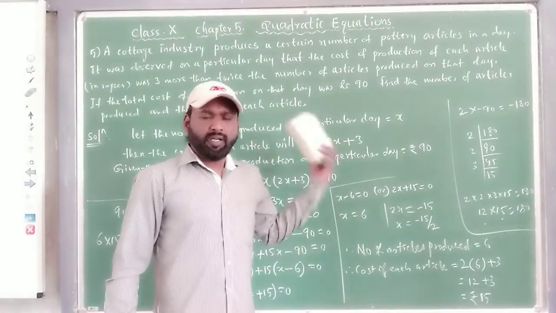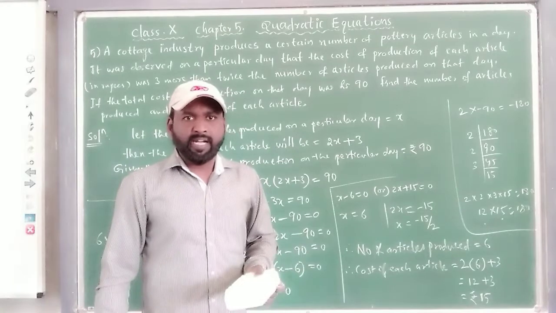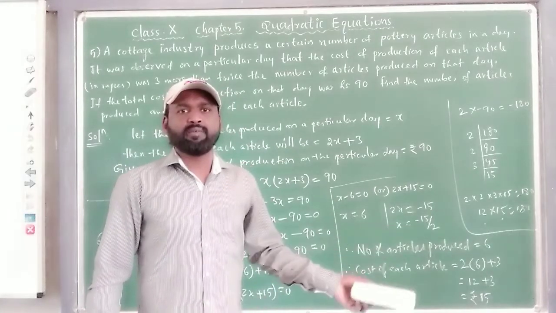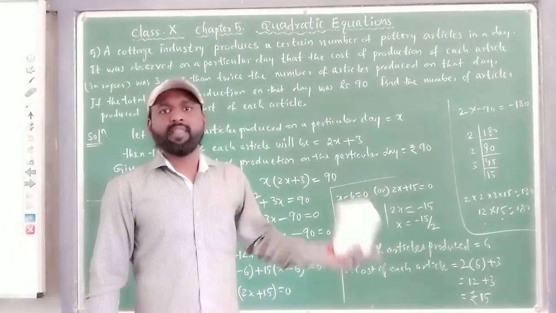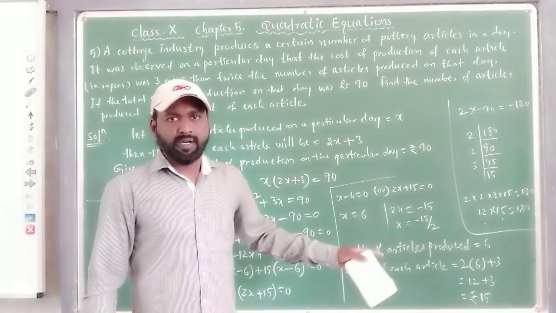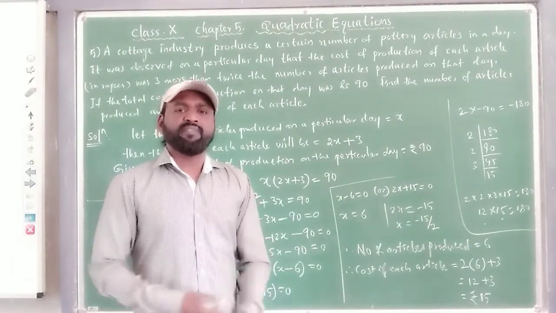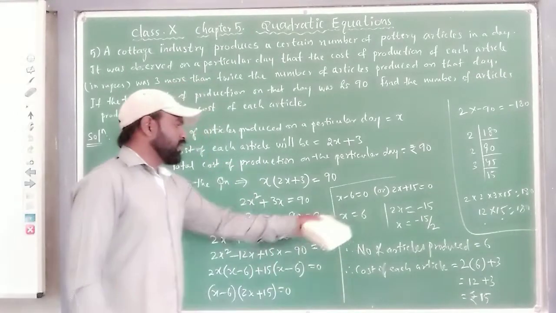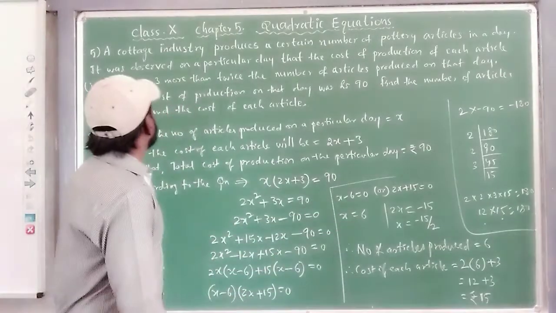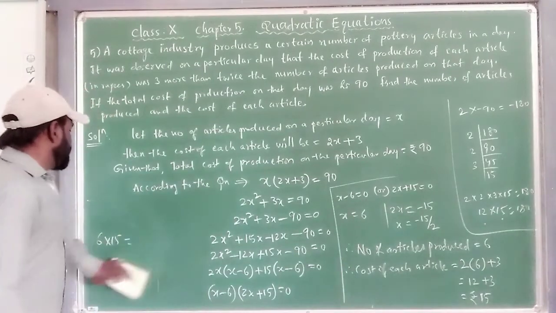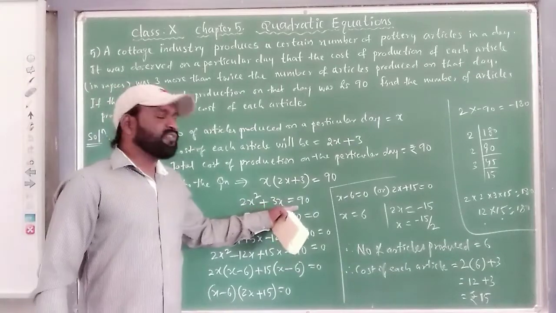So very simple. Read the question properly. Understand it. What we need to find actually, suppose that is a variable. After that, the condition that is given, which is depending on it, according to that you have to write another one. Then by using those two you have to get a quadratic equation, then factorize it. After factorizing it you will be getting the resulting one which you require actually. Hope you understood the solution. Very simple. First of all you have to understand the question, then write it in the form of a quadratic